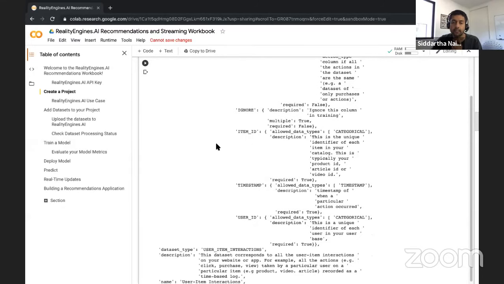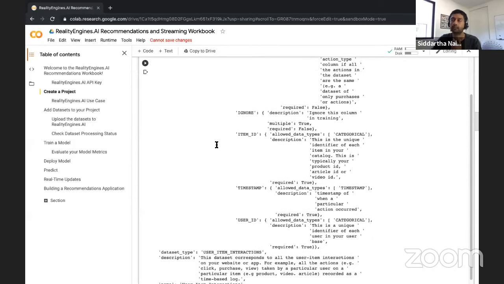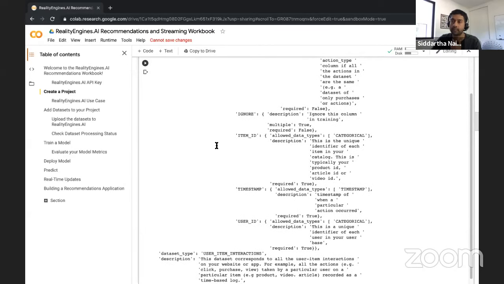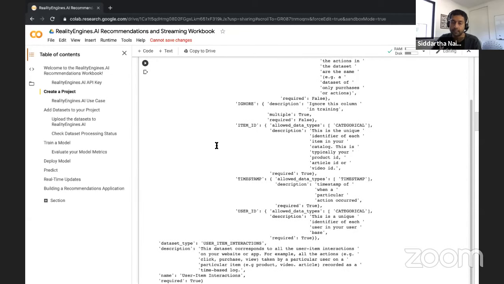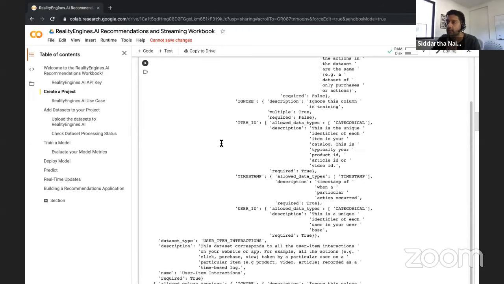The user item interaction itself has a couple of columns. It must have a user ID to indicate which user was interacting with the item, the item that they were interacting with, so an item ID, and then a timestamp, which